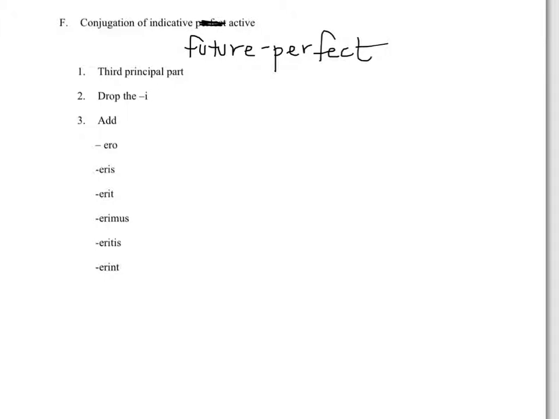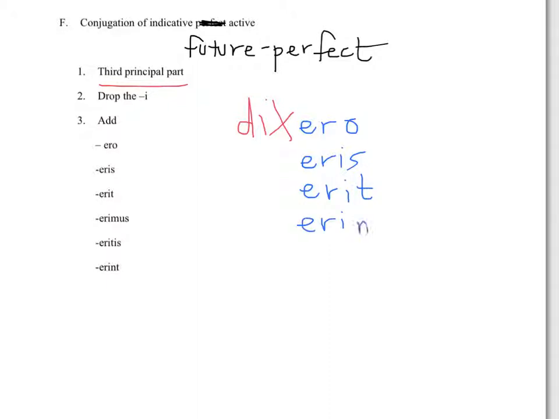Conjugation of the indicative future perfect, not a tense commonly used in English, but it appears in Latin, and it's easy to learn once you learn the other ones. You take the third principal part, dixi, you drop the I, and then you add ero, eris, erit, erimus, eritis, erint. You just learned this recently for the first and second conjugation, so it should be pretty fresh